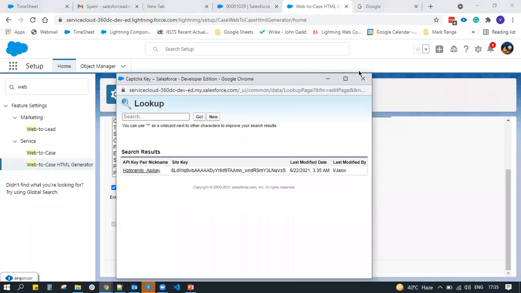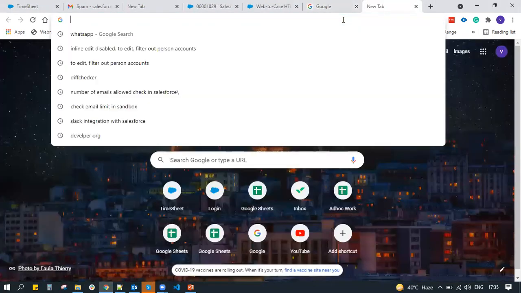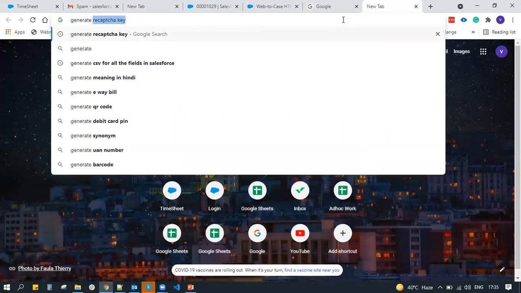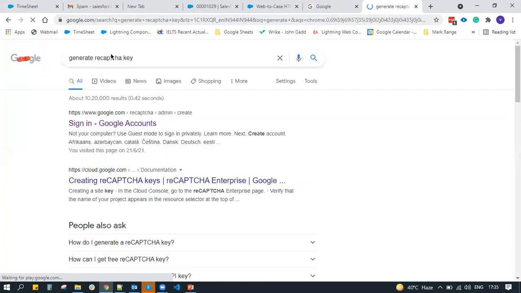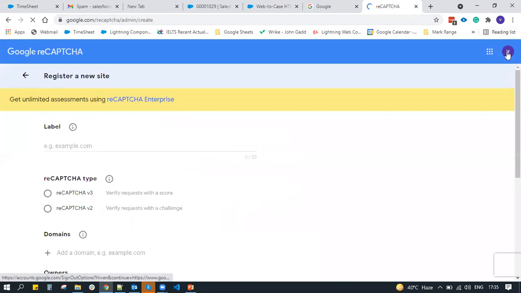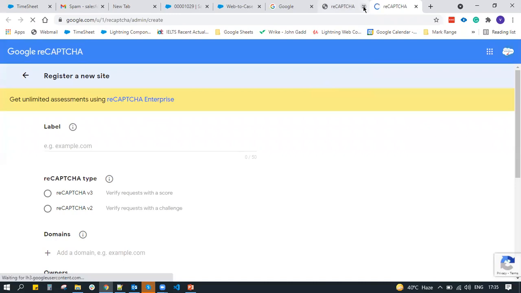So where do we have to get it from? For getting it, you have to type generate reCAPTCHA key, sign into Google accounts, select the Google account which you want, and here you can see you have the option to generate it.